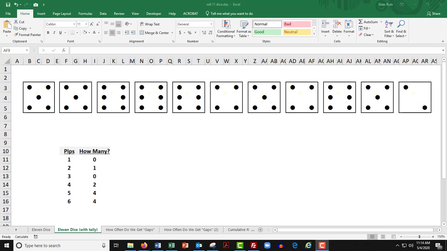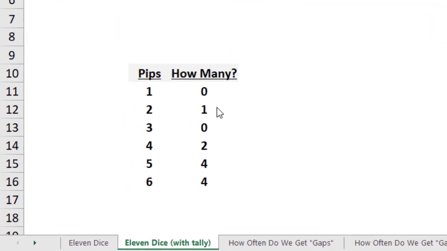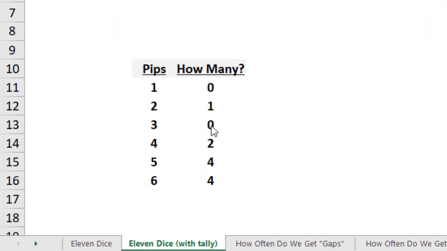Okay, let's think back to my original 11 die rolls. One of the things that may have caught you off guard was the fact that I didn't have any 4s or 6s. Just like right now, there's no 1s, nor are there 3s here. What I've done in the next couple sheets of Excel is keep track of any time that result happens, or an even more surprising result. Like, for example, having 2 zeros here is surprising.